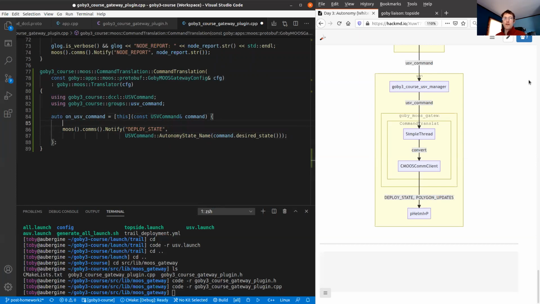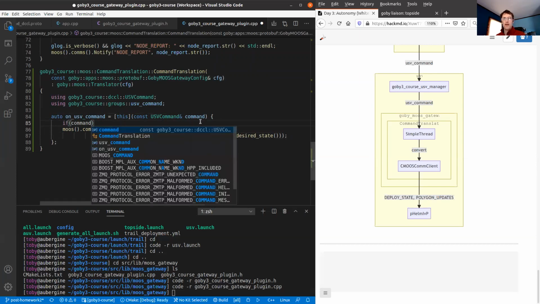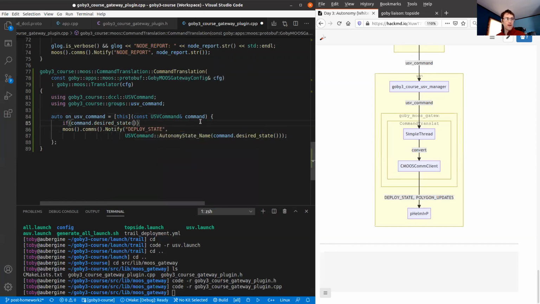So the other thing I want to send is if it's the polygon state. It doesn't really matter what order I publish these in, but I'm going to publish this first. Actually, it does matter because I have to update the variables before I change the state in Moose. Forget that. The IVP Helm requires that.